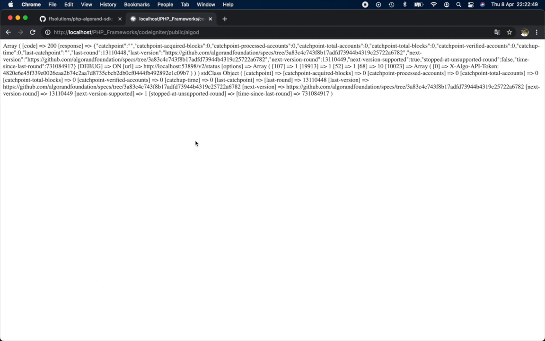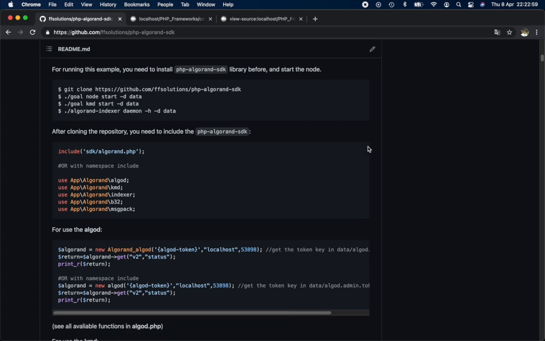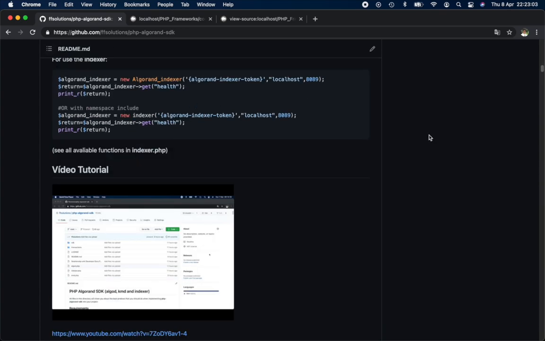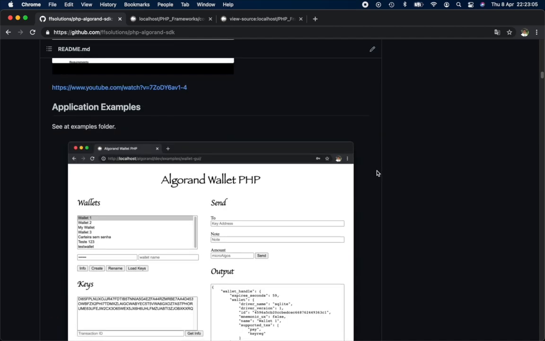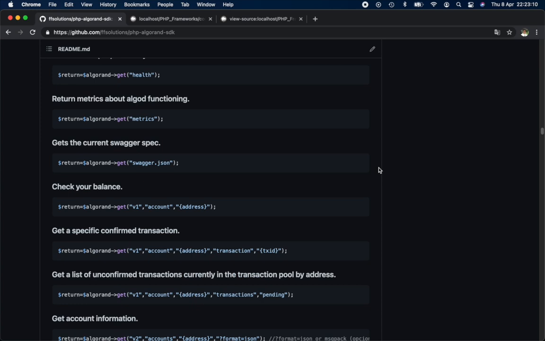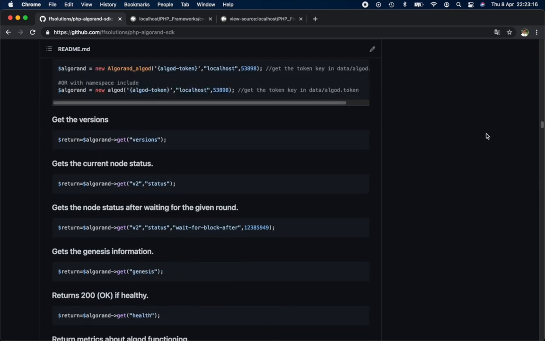Let's show the source code, and here is the node status. Let's test other functions. You can copy from the GitHub guide documentation. Here, for use Algorand, let's try